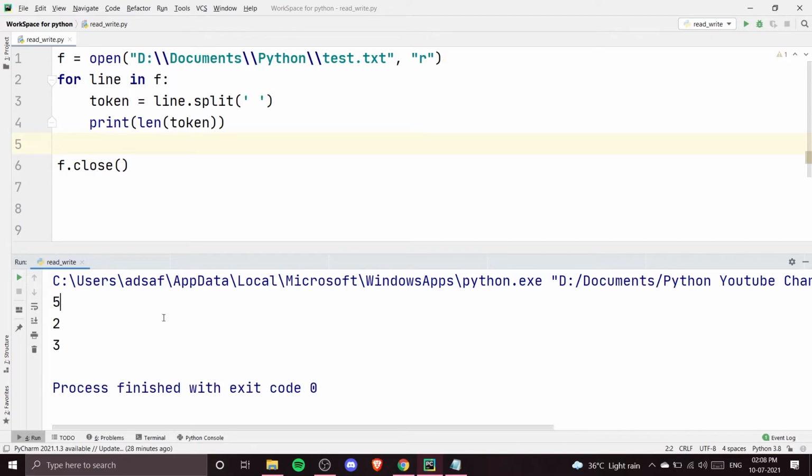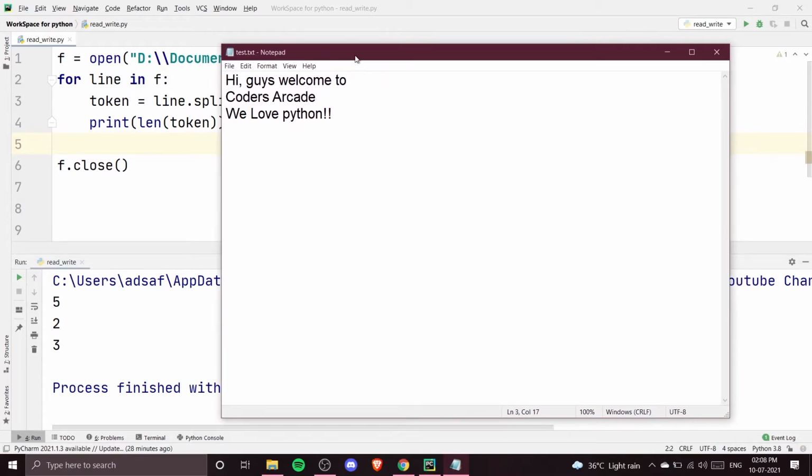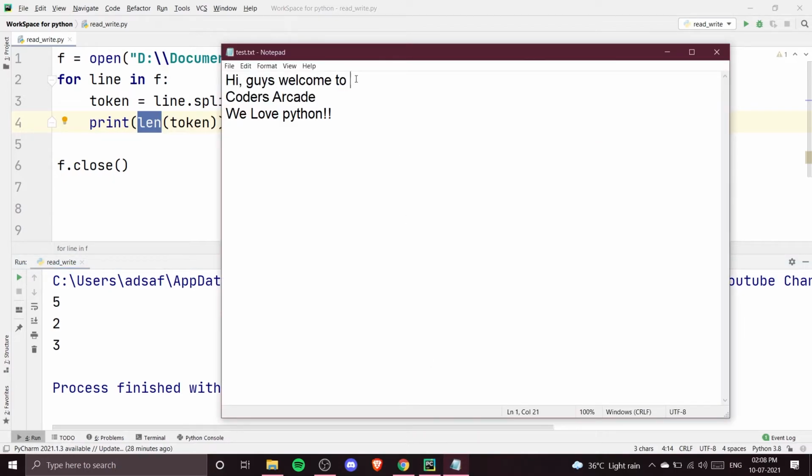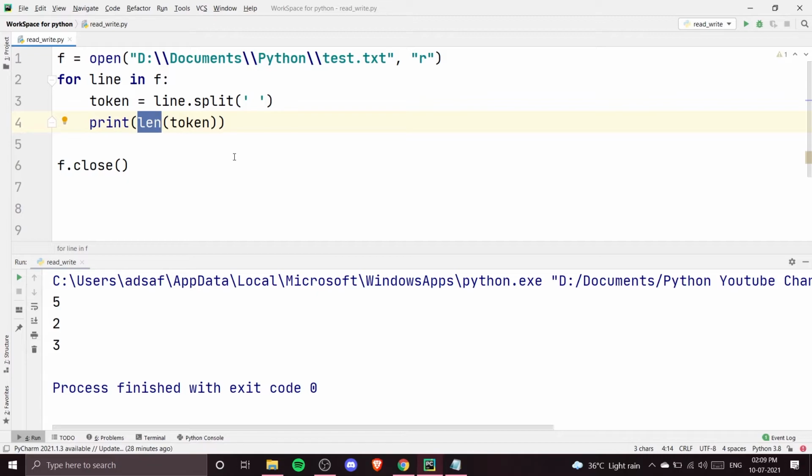So this is how we used the arrays and the len function to count the number of words in each line. Each line has been split into an array, and each array contains all these separated words using the split function, and we are using the len function to display the length of the whole array. So now we have split the words, and we have found the number of words using the len function.